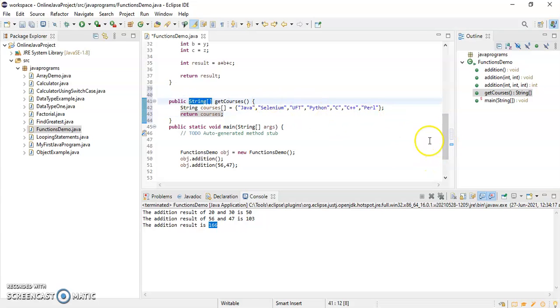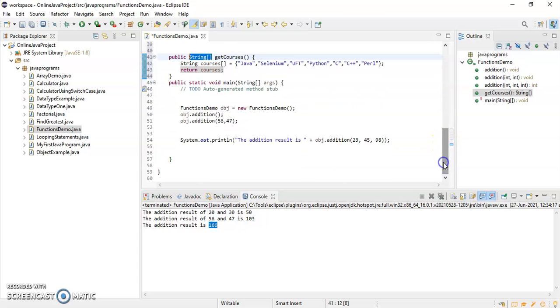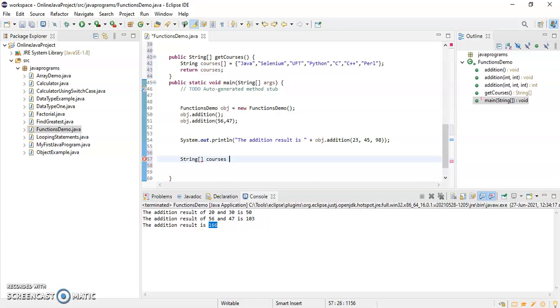So to capture this, I need one more string array. So here I will just write string array. So I'll just write here again, say courses is equal to, I can call this method because this is a non-static method, right? So I can call this getCourses method using the object or reference variable because I have already assigned the object to this particular reference variable.